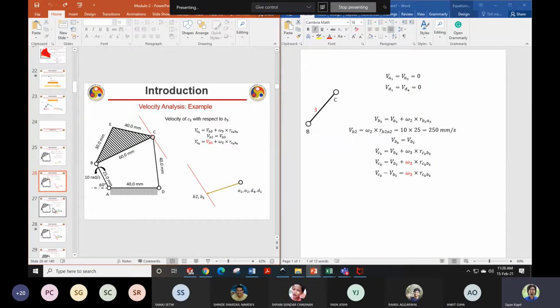Correct? Now let us go back to this particular vector, which is body number 4, that is CD. So now I am going to link number 4, that is my body CD. Capital D. So this is point D, correct? And this is the point corresponding to this, and this is body number 4 now.